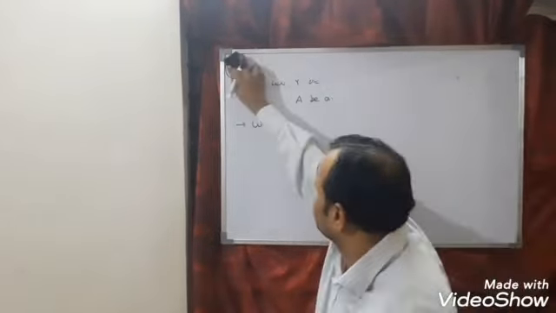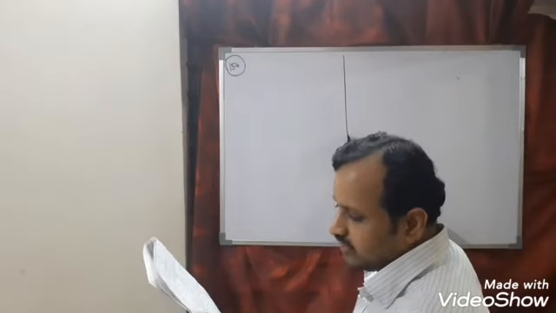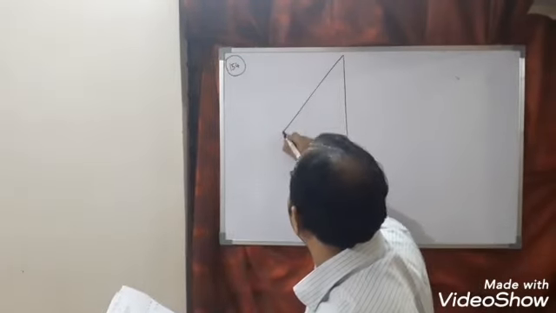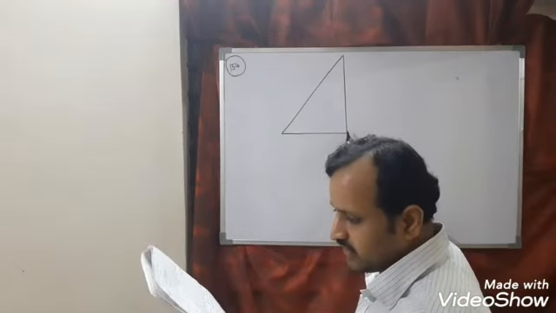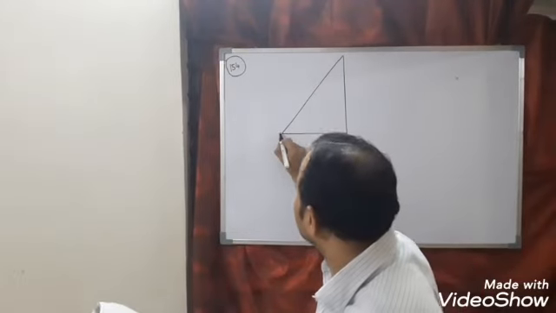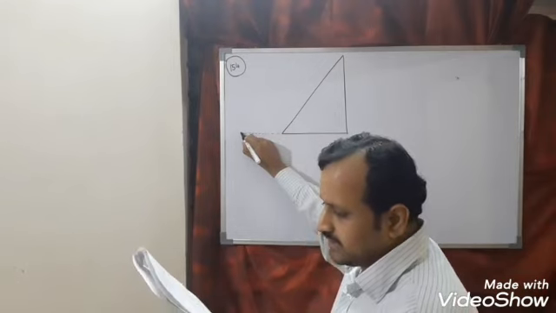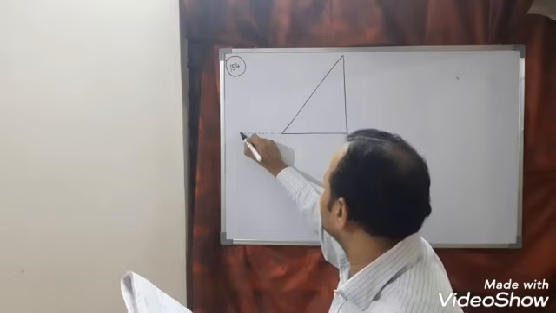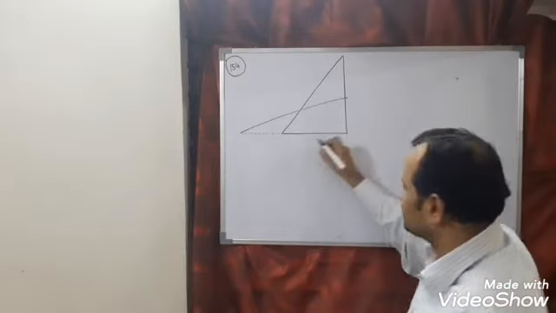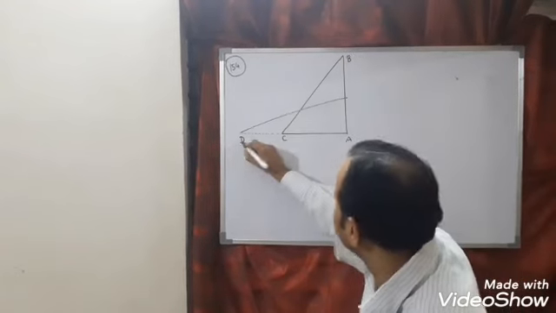The question is: a ladder 10 meter long rests against a vertical wall. So this is the wall, a vertical wall, with the lower end on the horizontal ground. The lower end of the ladder is pulled along the ground away from the wall, something like this, at the rate of 3 centimeter per second. The height of the upper end... So let us give some names. This is A, this is B, this is C.